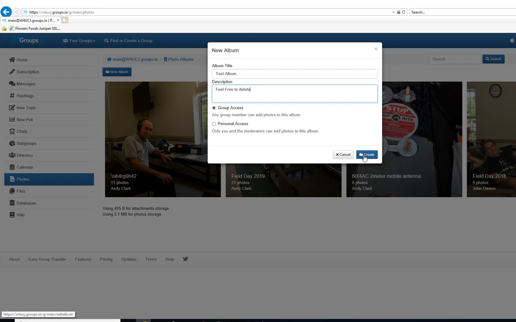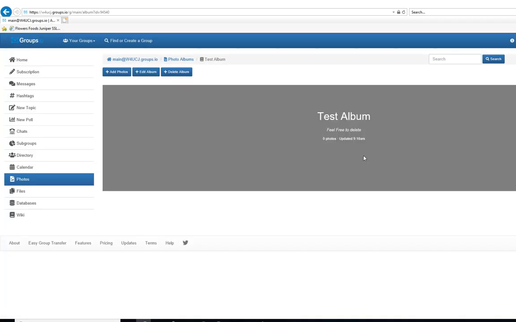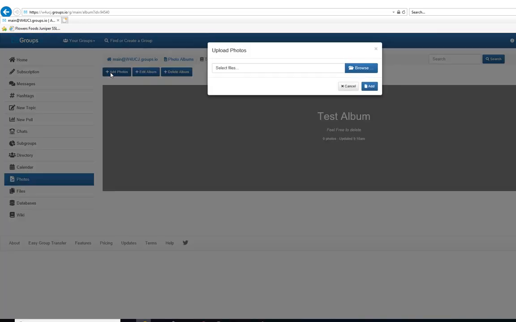So we're going to click on Create to create our album. And now we have an album. As you can see, there's nothing in it. We need to do something about that. So we're going to go to Add Photos. And it brings up a little prompt to select some files. I'm going to click on Browse,